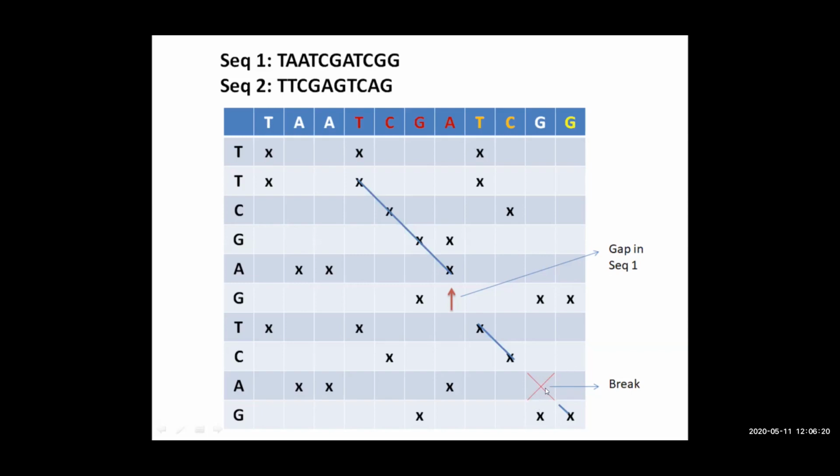So this break usually indicates a substitution. A substitution means a mismatch, and the vertical or horizontal line, if it appears, it indicates a gap. So if we take into consideration the mutational events, the vertical or horizontal lines will represent insertion deletion, and a break will indicate a substitution mutation, or it is a replacement.